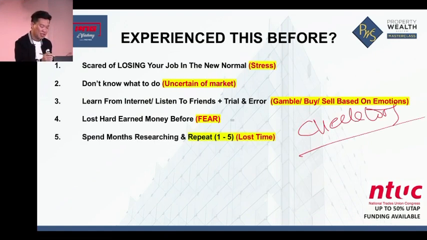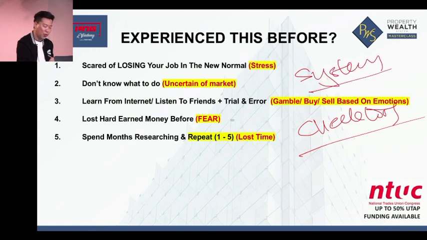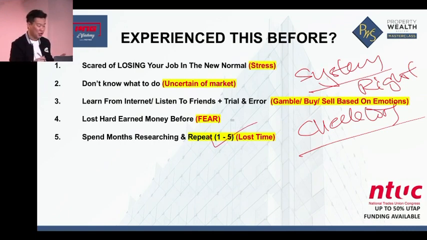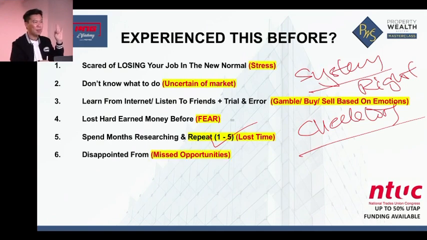System. A system is what will ensure that we will not do the wrong thing, which means to say the system is always right. And then you yourself could try to spend months researching and then give up. You repeat step 1, step 2, step 3, step 4, step 5, and then give up. Totally, either you exit the market or you anyhow buy. You anyhow buy, you will anyhow sell, because you have no feeling for it anyway.